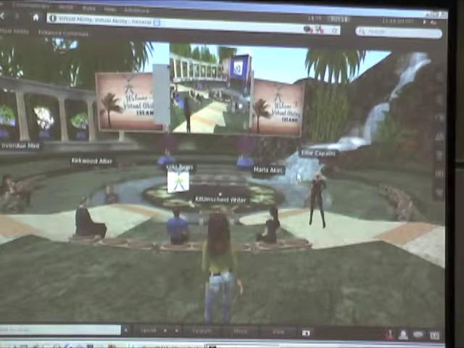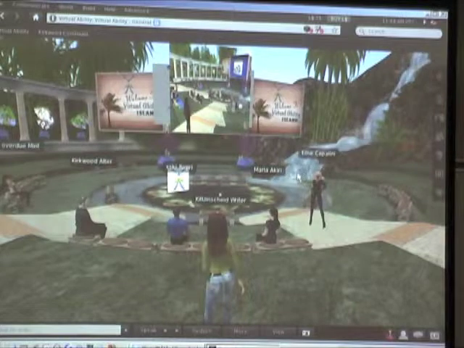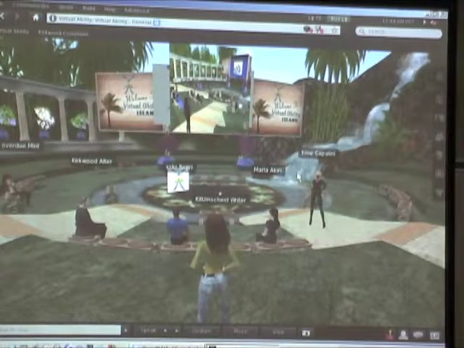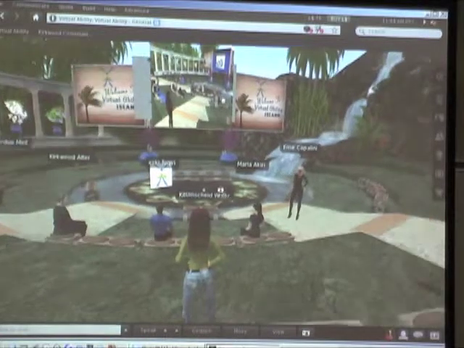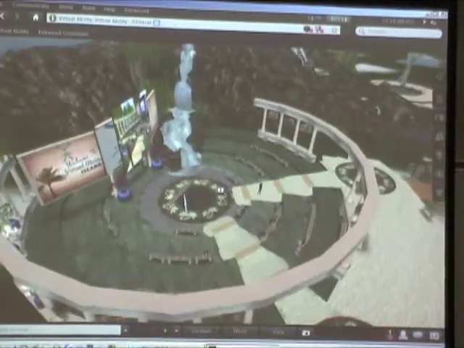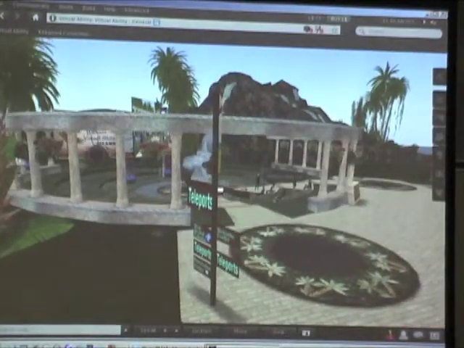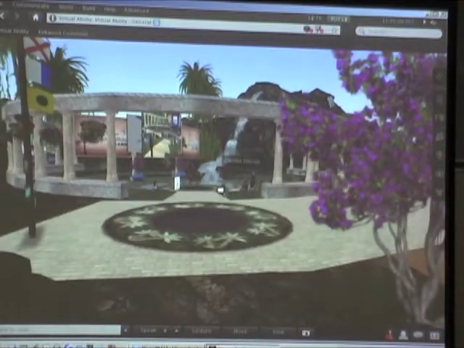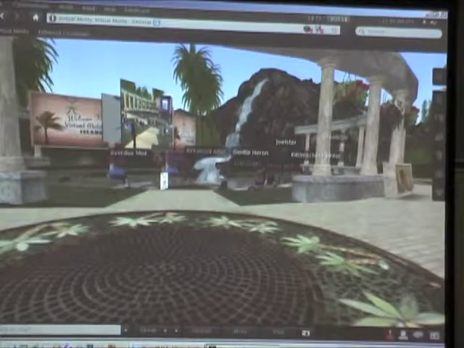I think college professors also make a different mistake, that they try to totally replicate their real-life college. And you notice that this is not like a real-life auditorium. This is much more open than a real-life auditorium. There are a lot of psychological benefits to that, not just for people with disabilities, but for everyone. So you don't have to make things exactly like they are in real life. Use the virtual world and use the benefits that you can get from being in a virtual world. That's not just about universal design, that's about design, period.